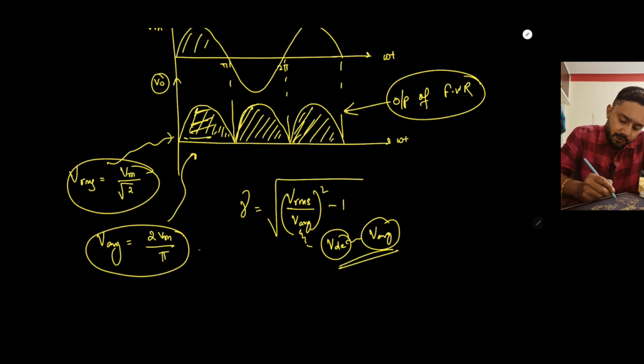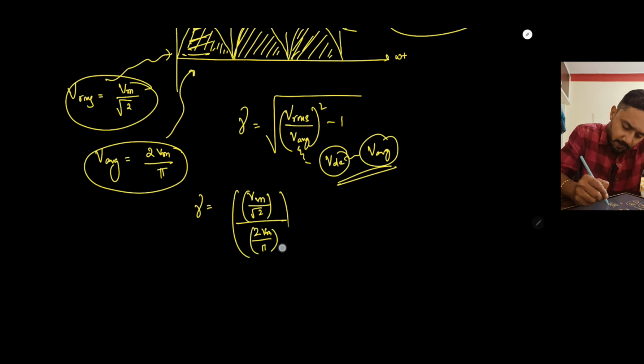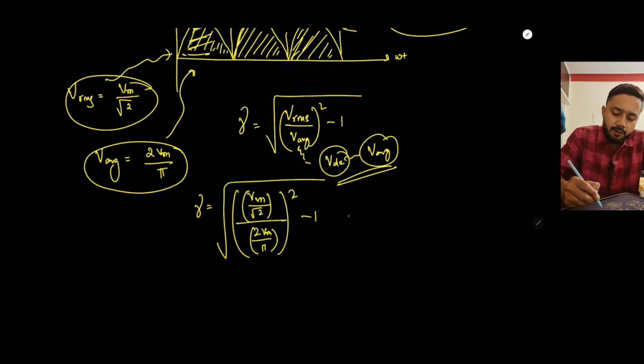So what will be the ripple factor? It will be the square root of (Vm by root 2 divided by 2 Vm by pi) whole square minus 1. If you calculate, you will get the ripple factor as 0.48